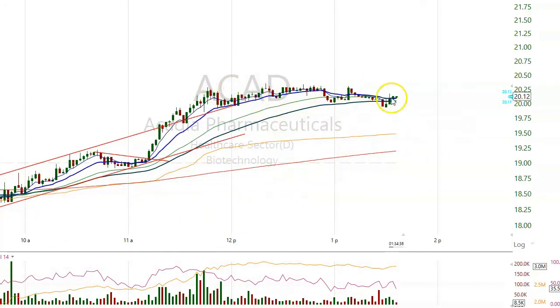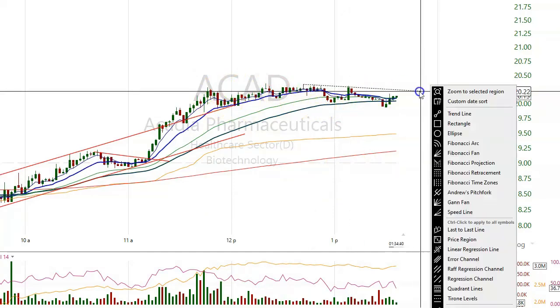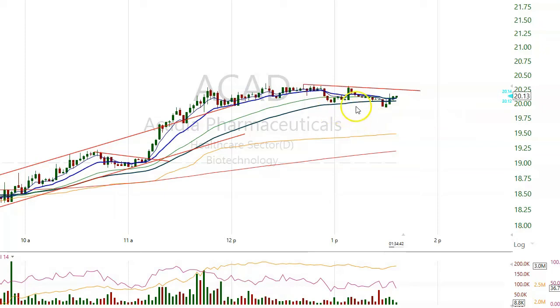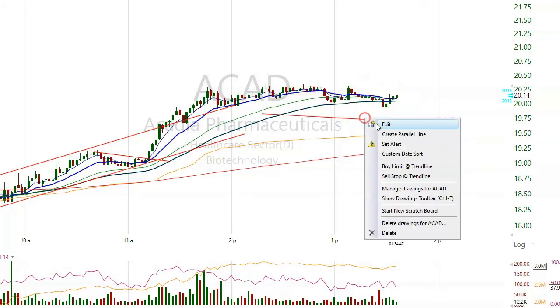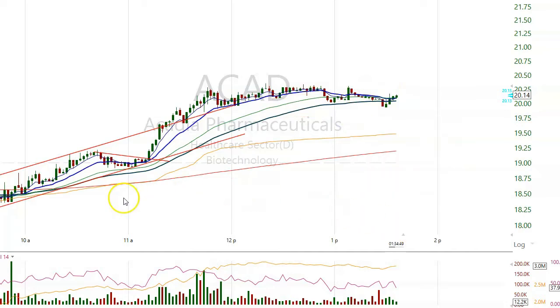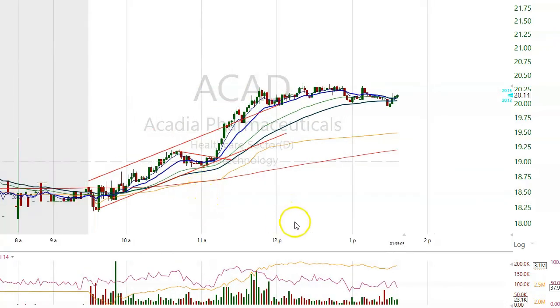You can see up on the top here, this could almost be described as a coiling pattern for ACAD here. Maybe it's a downtrending channel, might be a better way to describe that. But the first one I showed on the ADN, that's a coiling pattern where the stock pops and then trades sideways for a period of time, making higher lows and lower highs. A wedge pattern is much the same